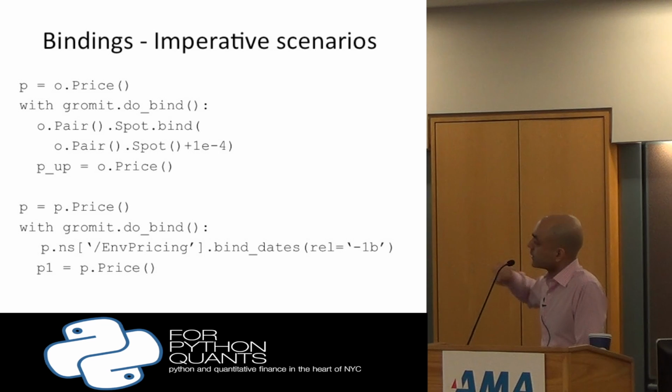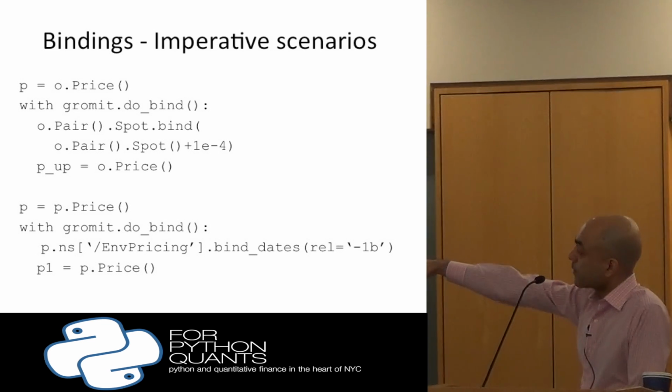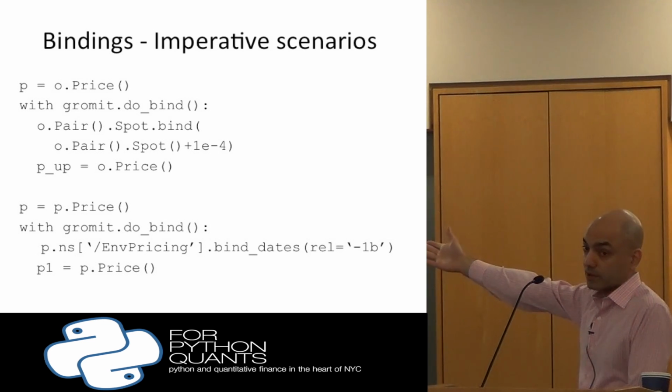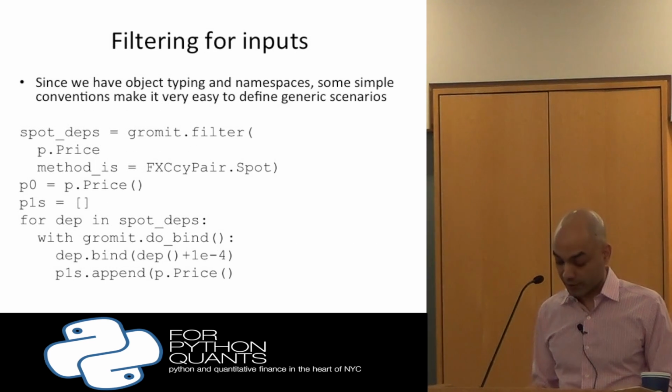Since we have these namespaces, it's very convenient to do simulations and backtests. So in order to look up some piece of market data, say I have this pricing environment, which is an object, that tells me how to get data for today's date. I can just shift that and then look up data for another date. And so, with a bunch of conventions, it becomes very convenient to price things as of yesterday. So I can take the namespace of my portfolio here, rebind the dates to -1 business day, reprice. It will be my price as of yesterday if I've set up all my dependencies correctly.